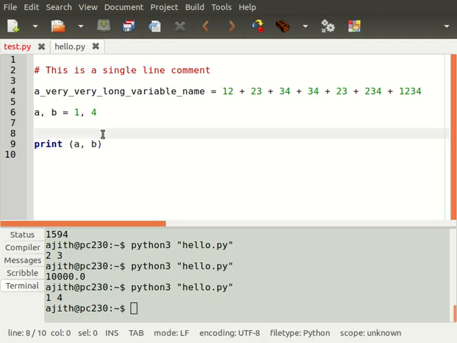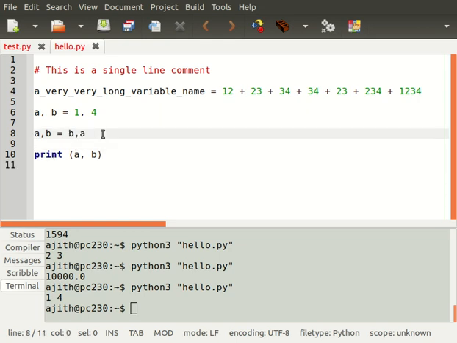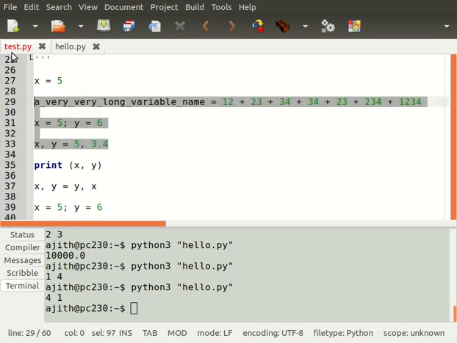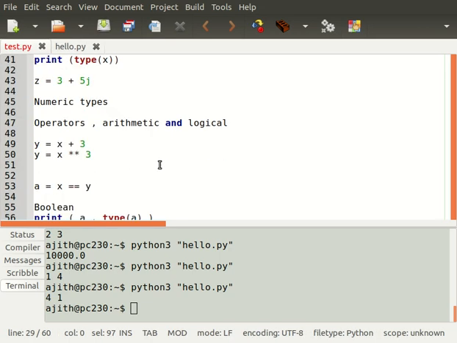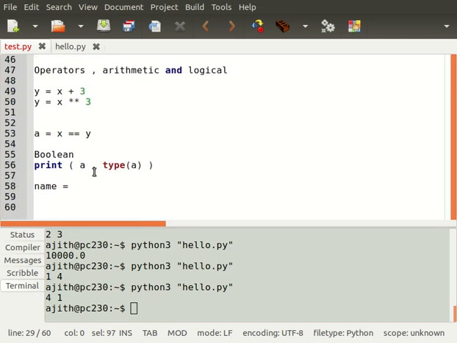It also allows you to swap the values of two variables. There is a short notation for that, otherwise you need an intermediate variable. Once you do this, the value of a will go to b and b will come to a, right? So these are some ways of assignment, and there is nothing special about it. You can do different kinds of things with that. And so Boolean,